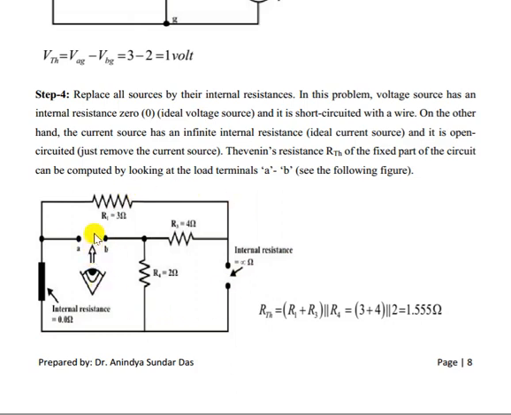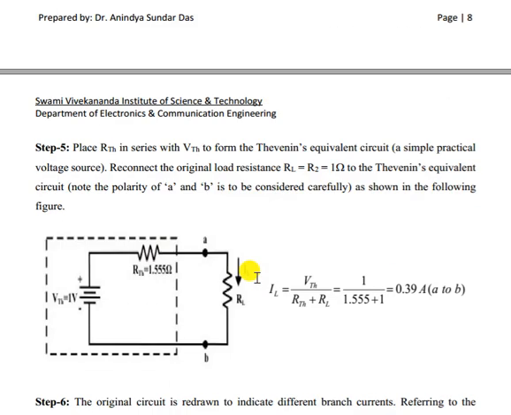Now if you look into here, what is the equivalent resistance of the circuit, that we have to find out. If you look in from here, what happened? Current flows through this path and divides, and this current cannot flow here because it is open circuit, so this current will flow through this path. That means the same current will flow through this R1 and R3, which is in parallel with R4. So R1 plus R3 in parallel with R4 will give the equivalent resistance value.